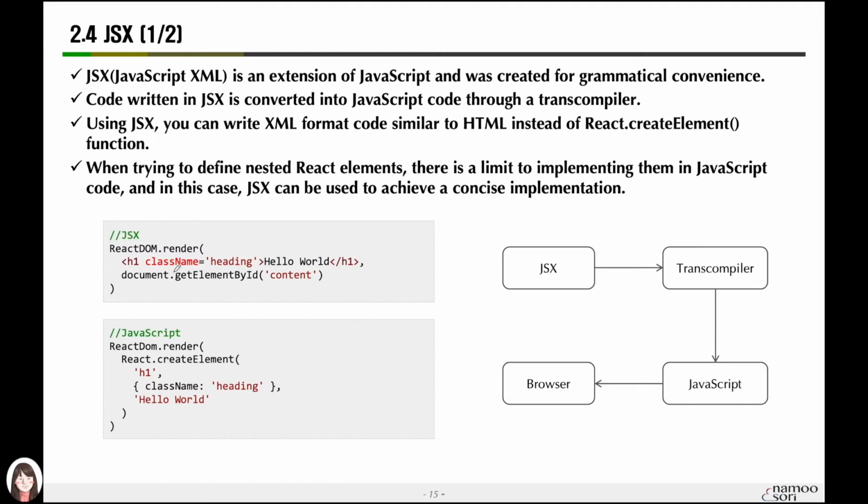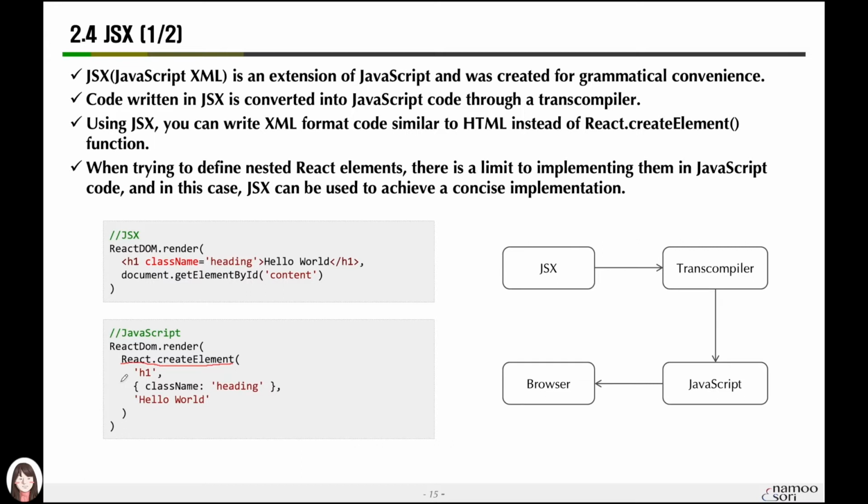Now, if you look at the code in the below part of the PowerPoint, you can see we wrote the code to create an element using the function called React.createElement that we did last time. In the same way, it is an h1 tag that prints the text hello world in the form of an HTML h1 tag, and it has props, so the className has three properties like a heading.